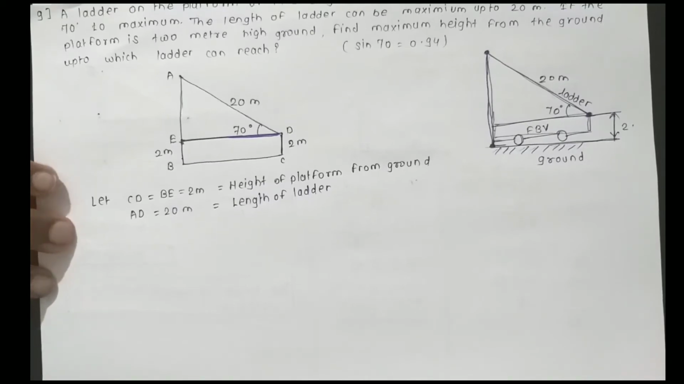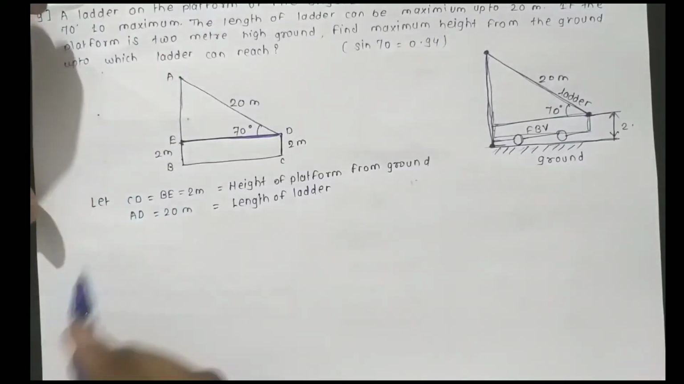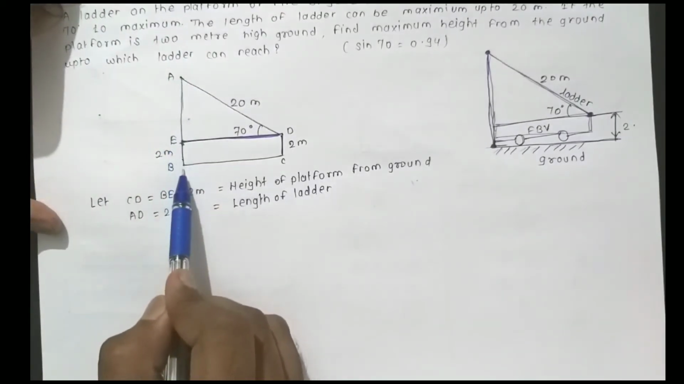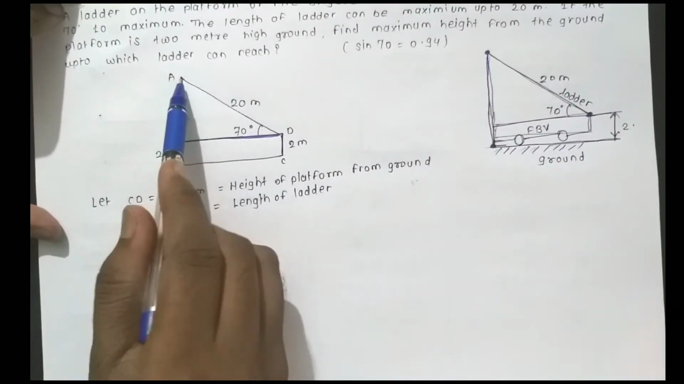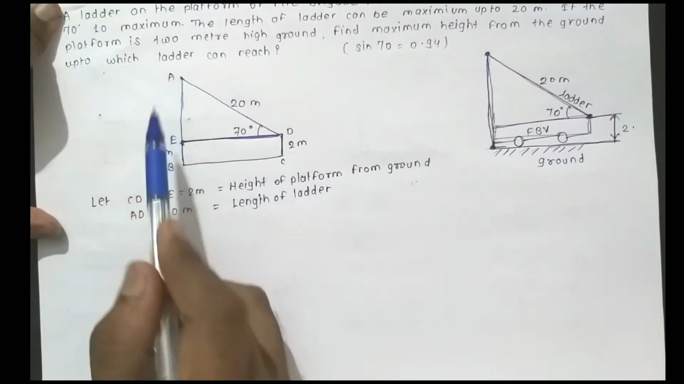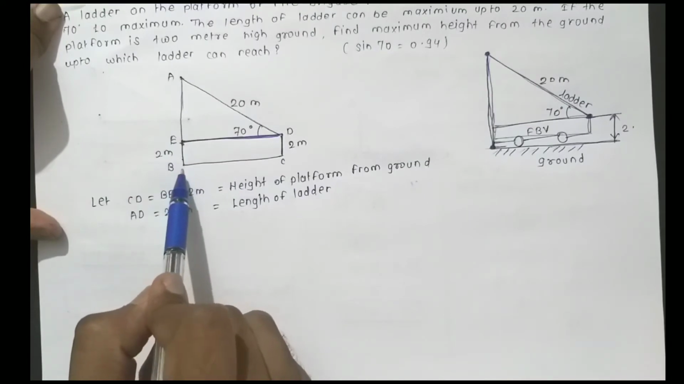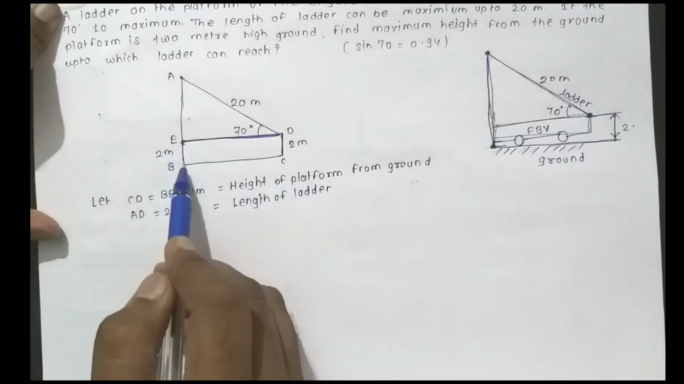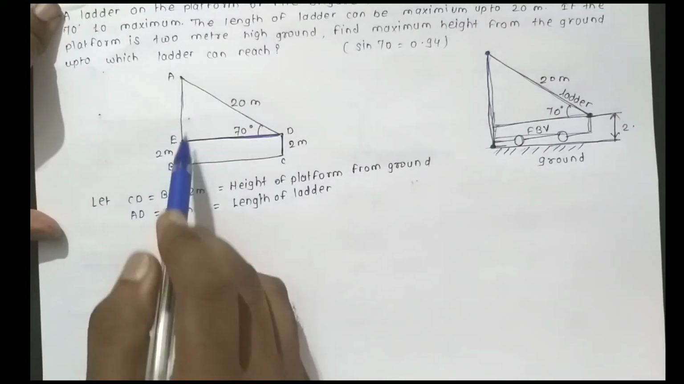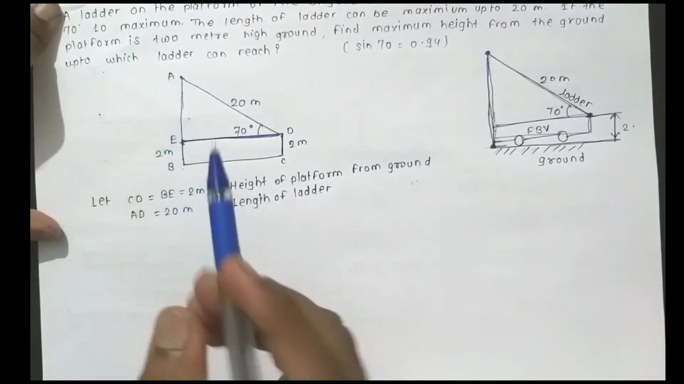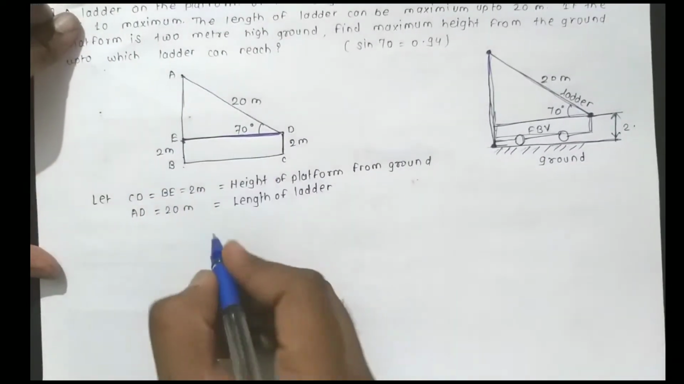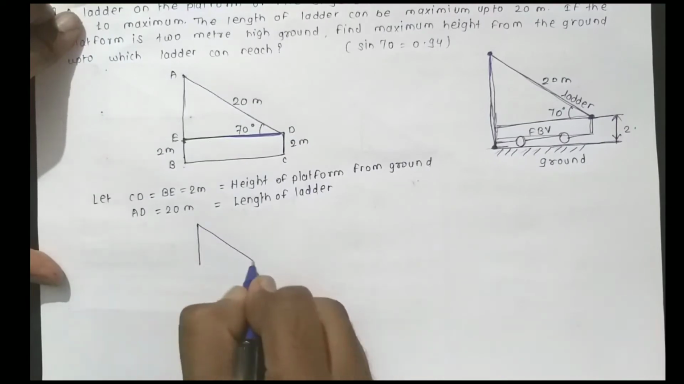What we have to find? AB. What we have to find? AB, that is the maximum height reached by the ladder from the ground. We know EB. What do we have to find only? Find AE. So draw the upper part, that is triangle